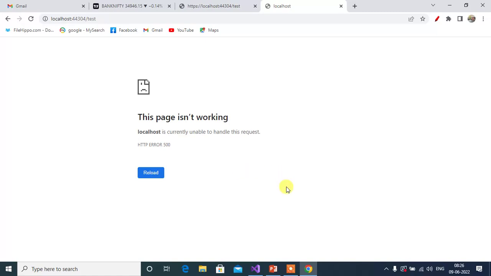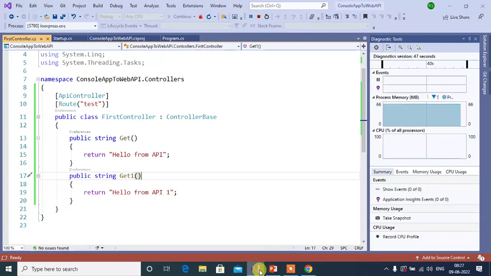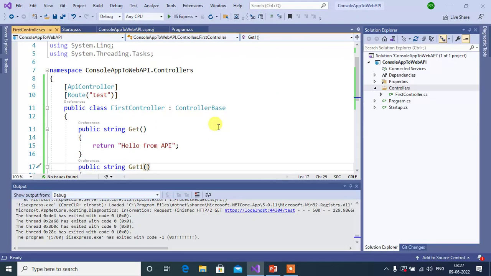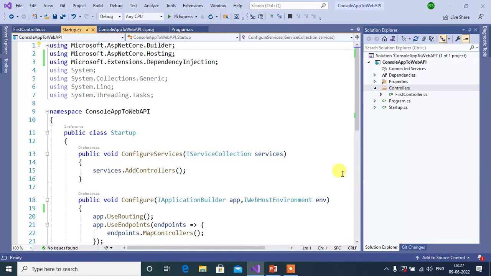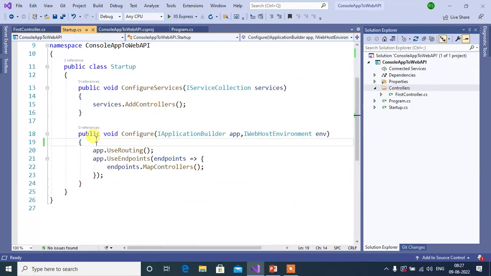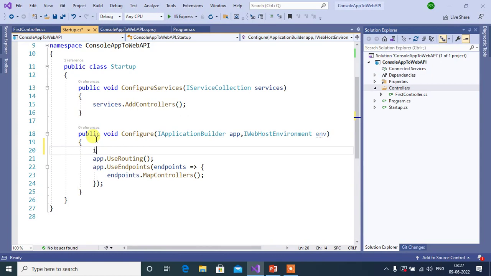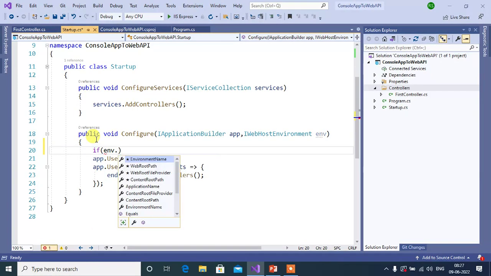So we can do that by adding some middleware. To add a middleware, go to the Startup class. First stop the execution. In the Configure method, if environment is development,